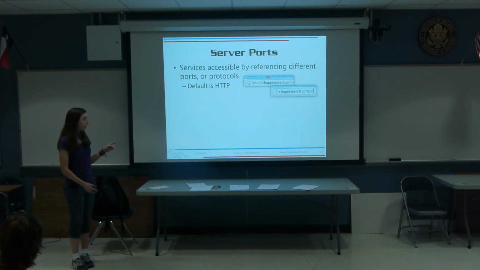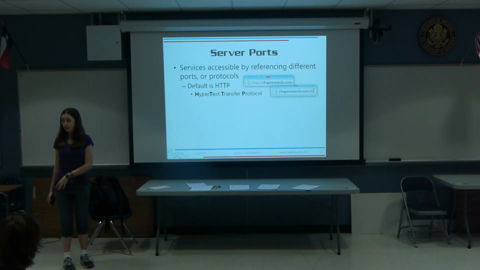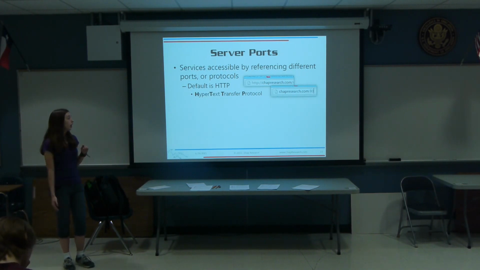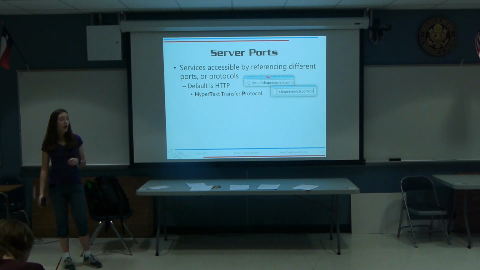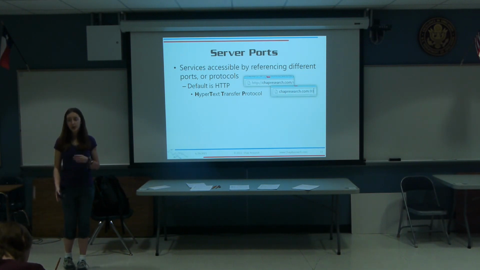And so that service happens to be HTTP, Hypertext Transfer Protocol, and if you remember what hypertext is, that's just any text with links in it, and so this is just a fancy way of saying it's handing you HTML if you give it :80. And that's also the default of your browser. So if you type in :80 and hit enter, it's going to do exactly the same thing it did before. It's very exciting.